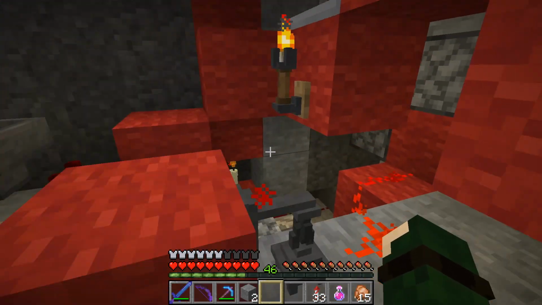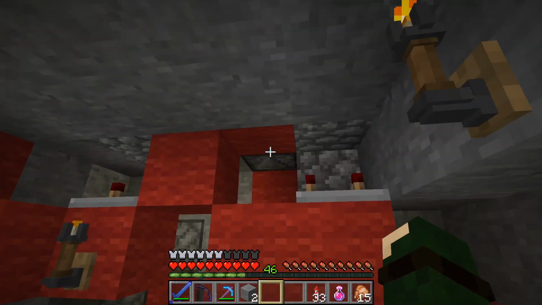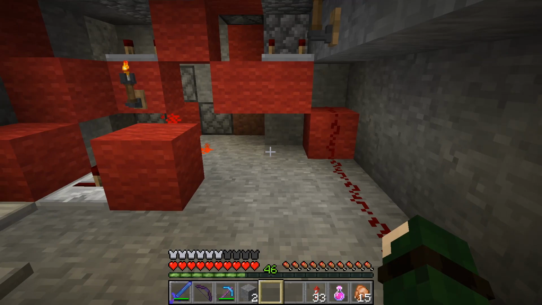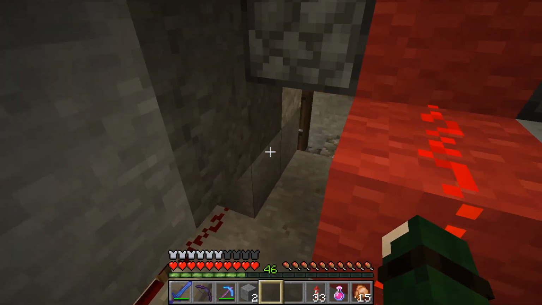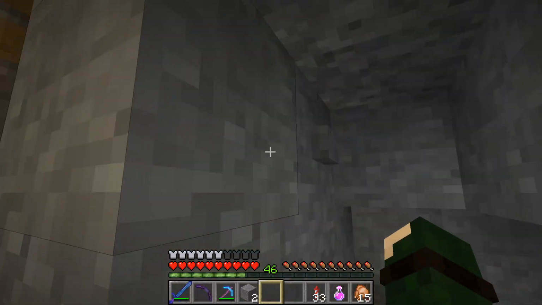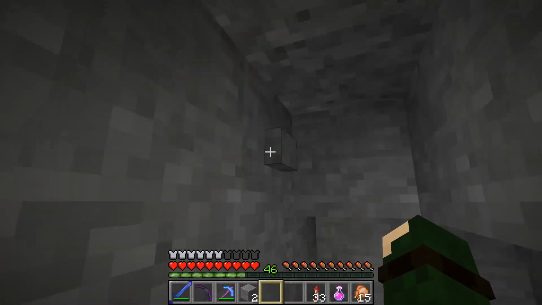It's very simple redstone, and it's all because of that right there. We could actually use a button too, but I wanted to use a lever because it's cooler. Alright, let's show it one more time. We'll have to actually, probably two more times. I have to push the button. I know, I'm using an actual button right here.